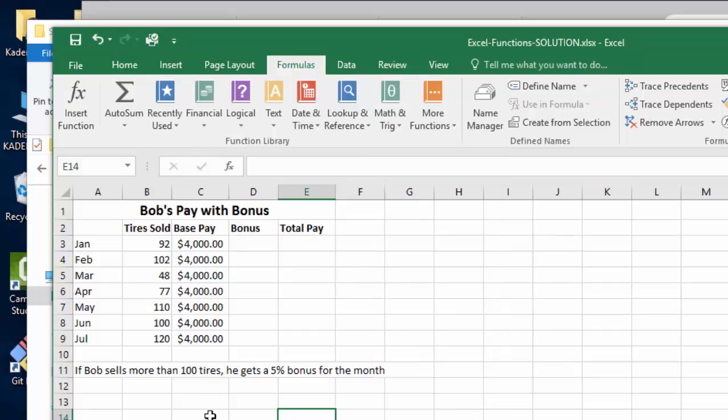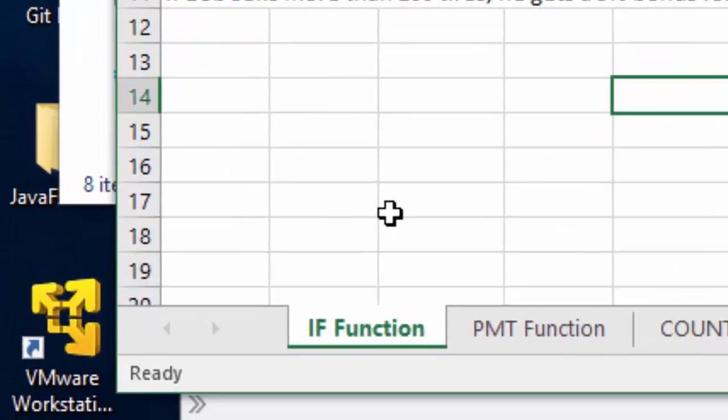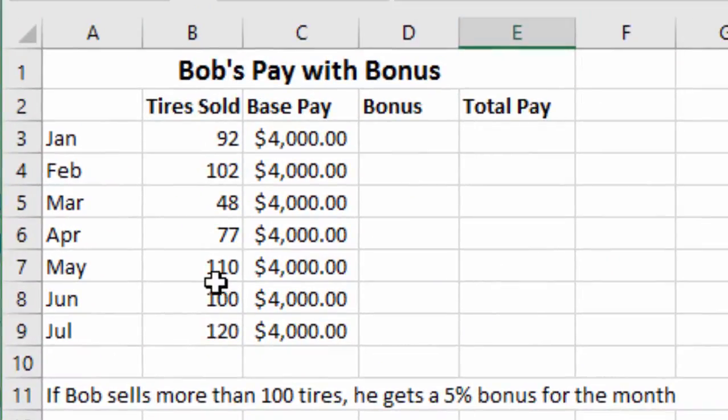So we're going to start out with the IF function here. On the first sheet in this workbook, we've got a spreadsheet that deals with Bob's bonuses. He sells tires, and these are all the tires that he sold for the different months, January through July. Now you can see here in row 11 that he gets a bonus for the month if he sells more than 100 tires. So we need to calculate his bonus here, and to do that, we're going to use